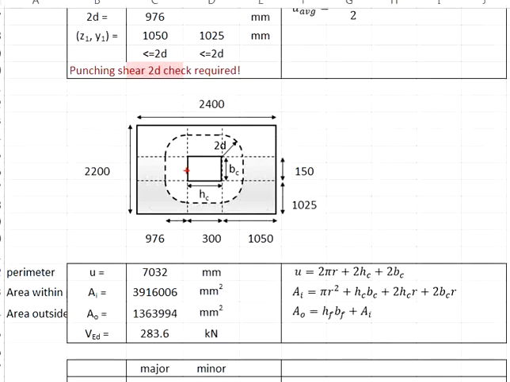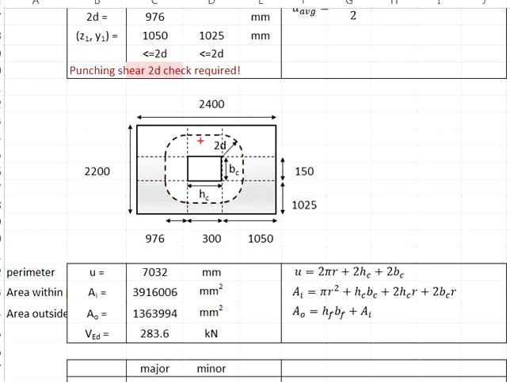It is because when the rotation is in the major axis, we're going to provide a wider pad footing in the direction of the moment. A wide column width